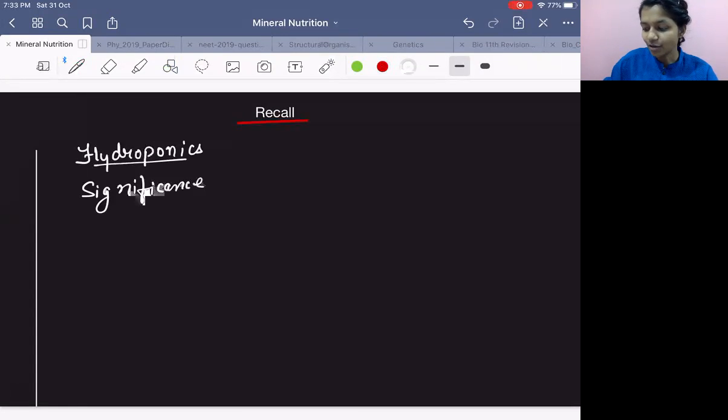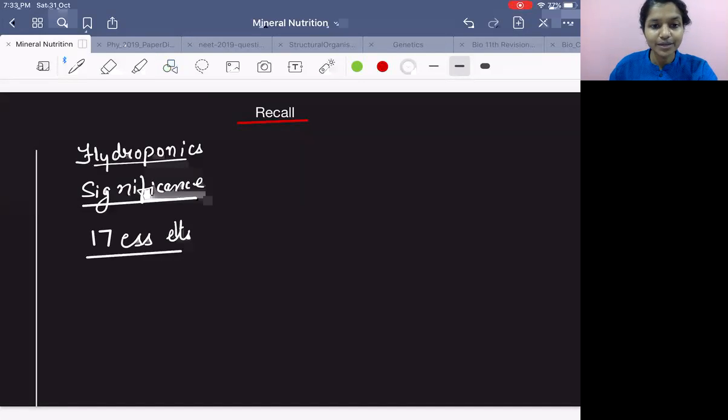Out of all the elements present in the soil, all of them are not going to be useful for the plant, right? So what is going to be useful for the plant? Depending on that, we have decided that there are 17 essential elements. And how did you get to know about it? You got to know about it by having criteria, right? We had decided on 3 criteria.